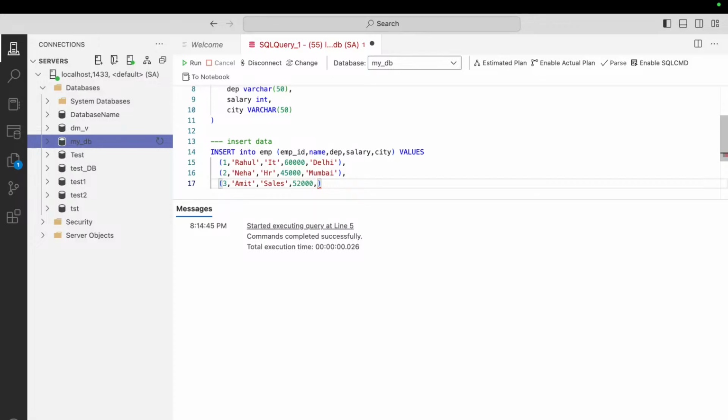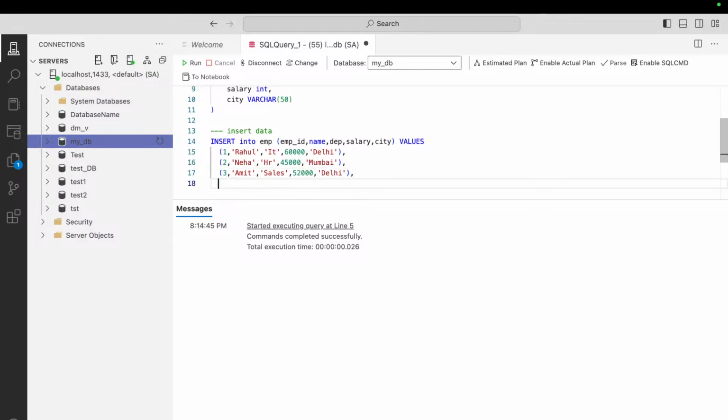and location is again Delhi, okay. And again I am just going to add one more row, that is 4, and the name is going to be Sarah, and I am also going to add the department, which is going to be IT department, and salary is going to be 75,000 and location is Pune,